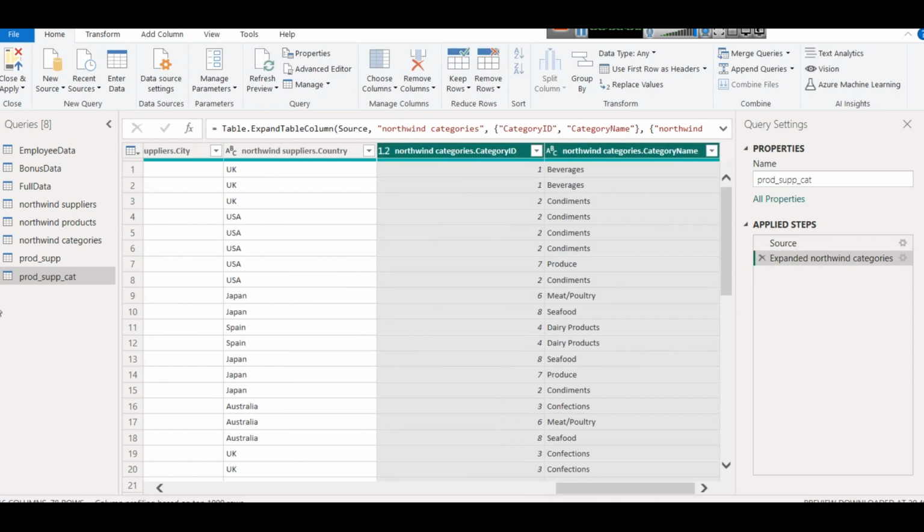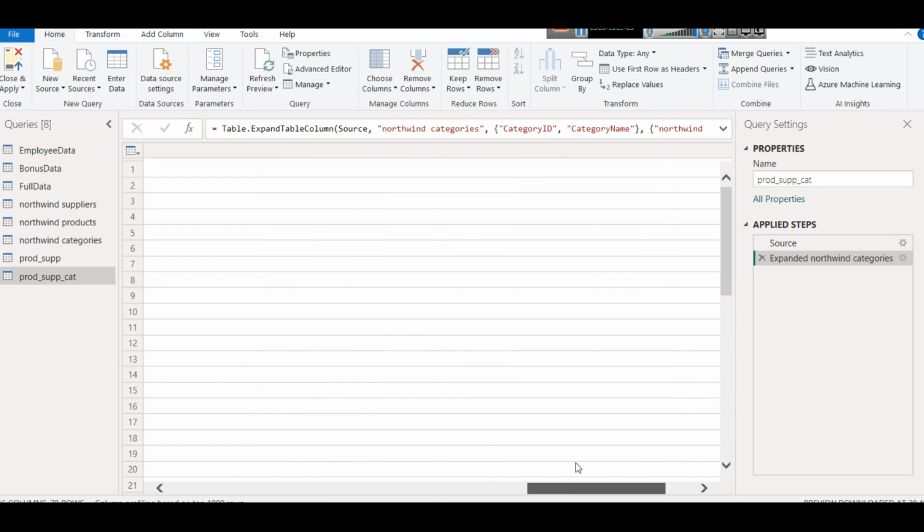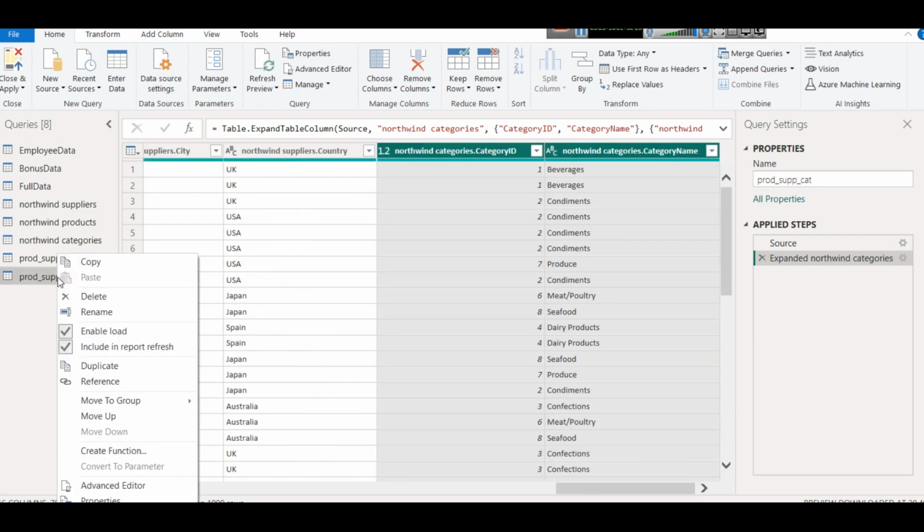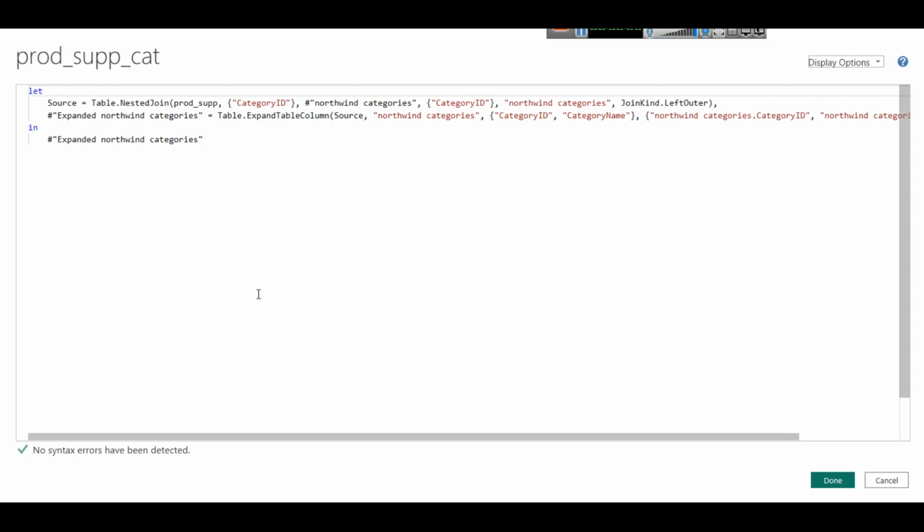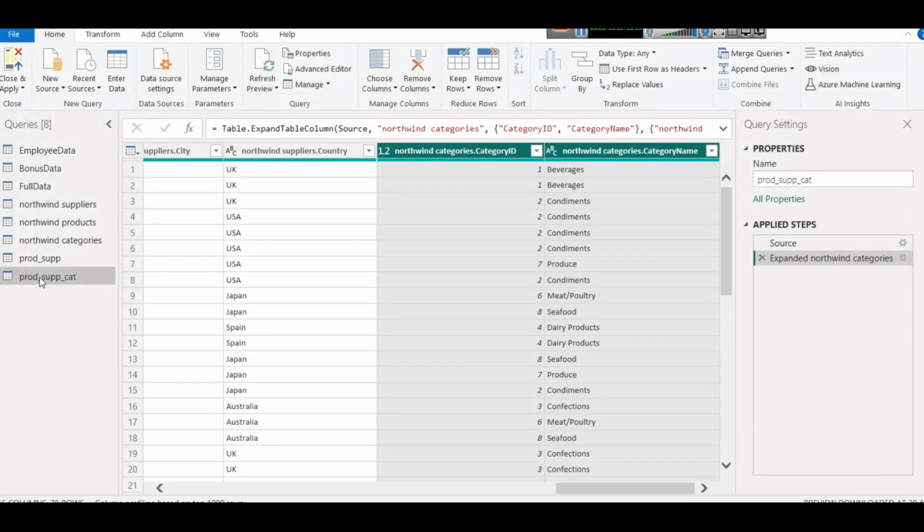So this way it will give us a very big table, prod sub cat, and this particular table that we have here, like you can see, we can duplicate, reference, move to a group. These kind of options are there. There is an advanced editor. So in advanced editor you are going to see the query like let source. Source is table, nested join. These kind of things are given here. So you can do it this way also, but easier is that you use the editor options, and from here